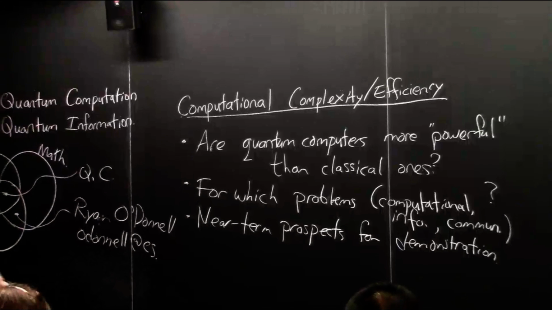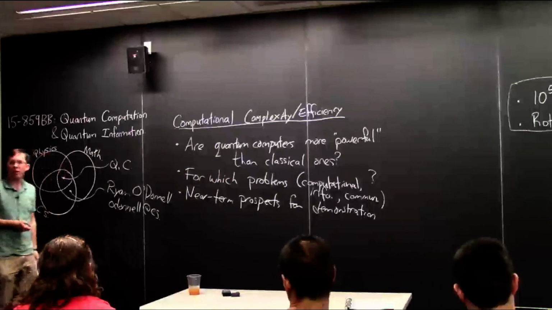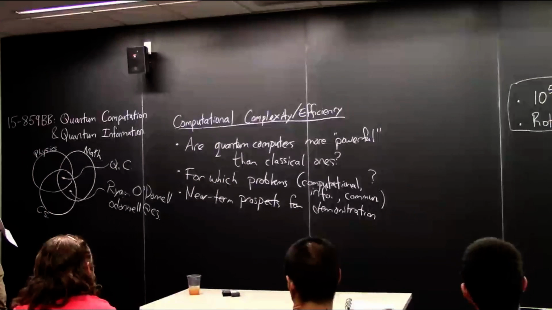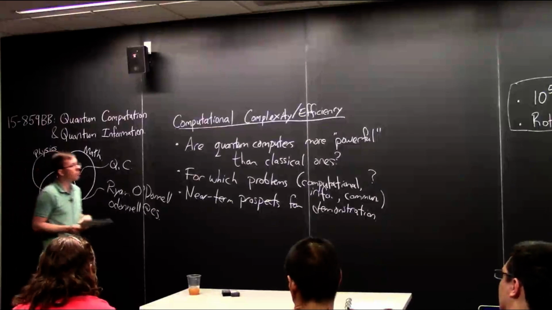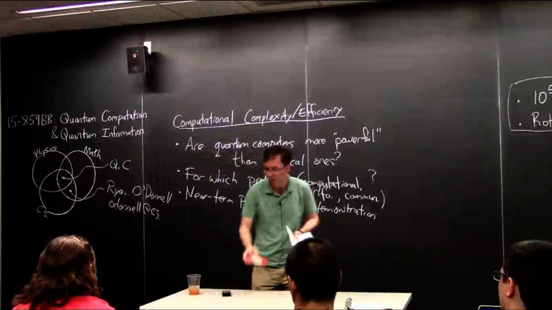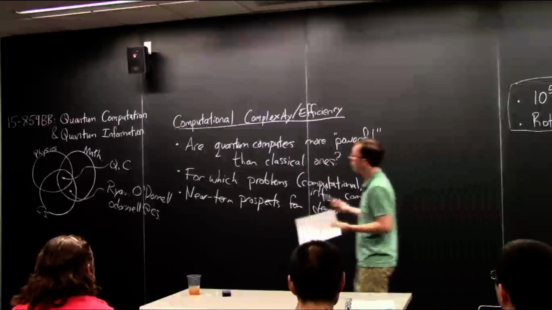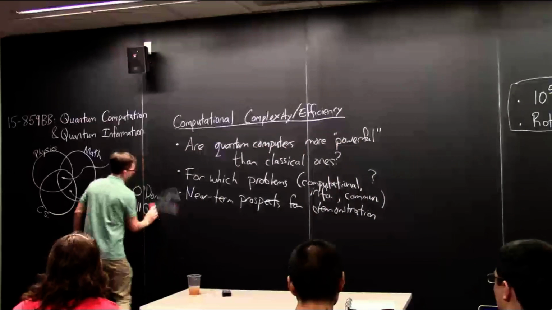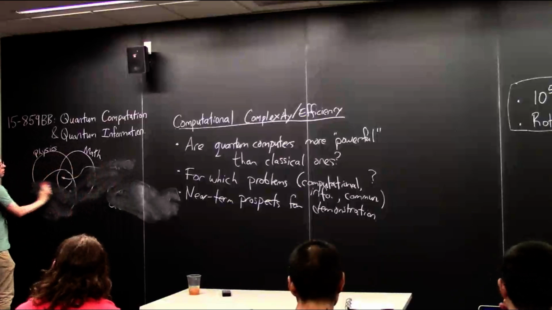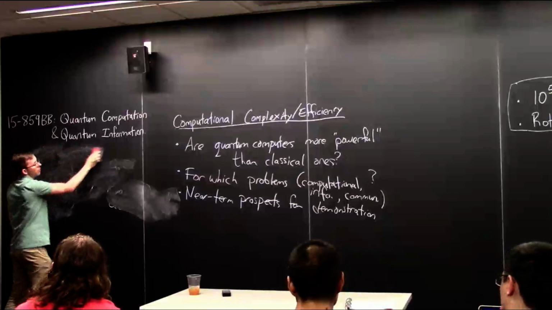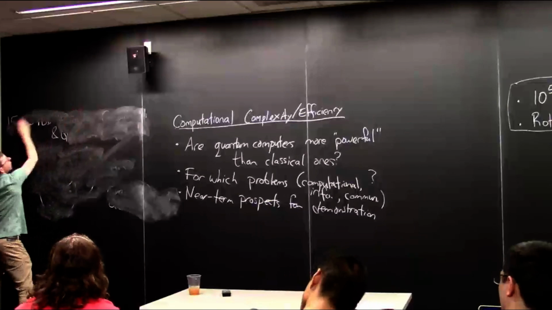And so therefore, I want to spend a little bit of time now talking about this notion of computational complexity and efficiency to get you warmed up for the sort of questions that we'll address in the course. And in particular, what I'm about to say applies both to quantum computation, classical computation, whatever. I just want to get used to the concept of efficiency, resource usage, running time. How can we judge what kind of algorithms are efficient enough to run in the real world and which ones are so inefficient that you could never run them in the real world?